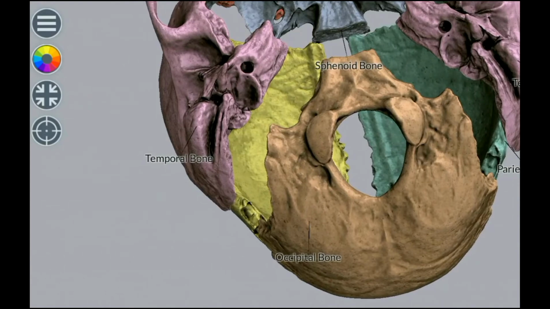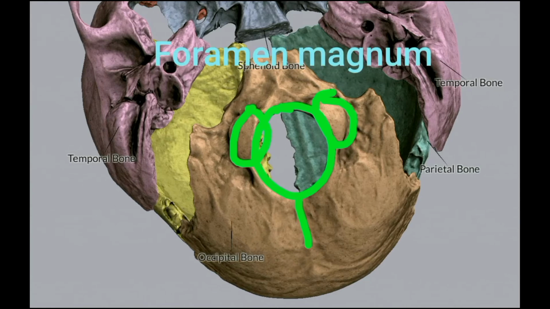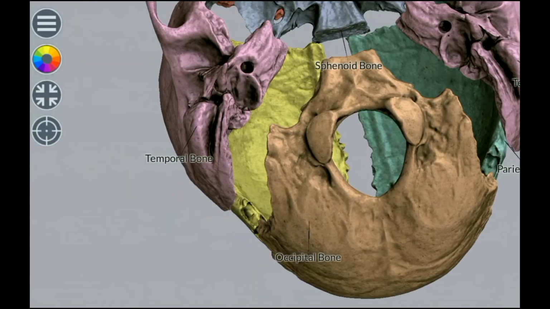So basically, a pair of temporal bones and the unpaired occipital bone you see here in the posterior part, and you will see the biggest foramen, that is foramen magnum. On either side of it you will see the occipital condyles, and behind you will see the external occipital crest attached to the two nuchal lines, a pair of superior and inferior nuchal lines.